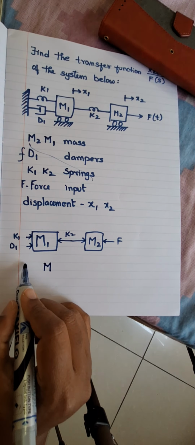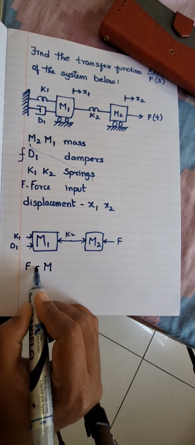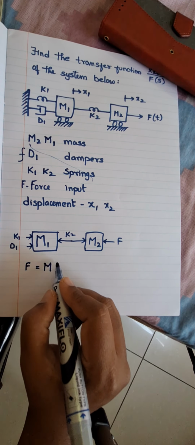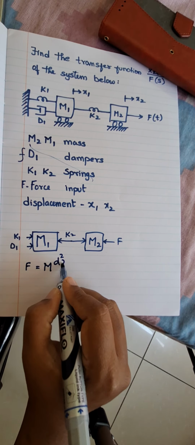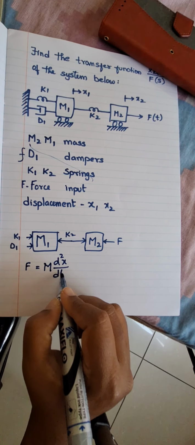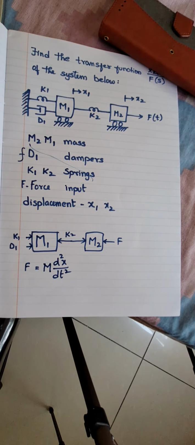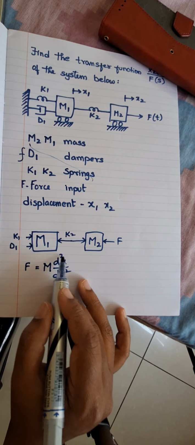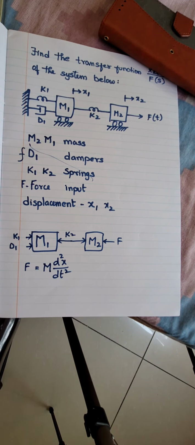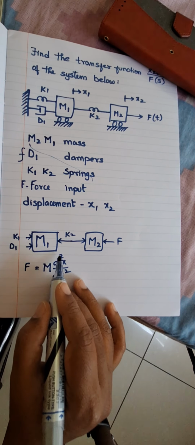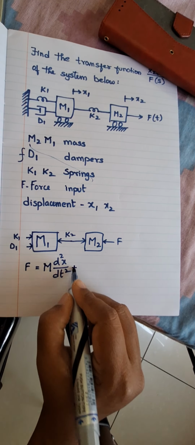When I talk about mass, I will say it is the force applied on my body. So you applied a force on my body, so I moved. How much will I move? The double derivative of my movement x with respect to time, the double derivative of the displacement. So you pushed me, so some force has acted on me, so I moved a displacement. So my body displacement is d square x by dt square, plus